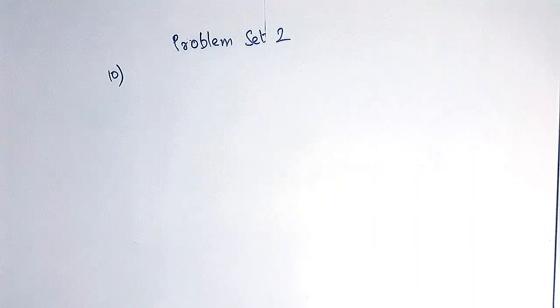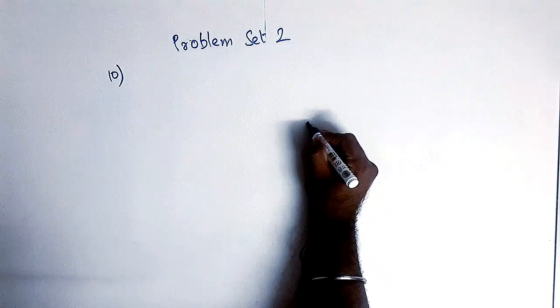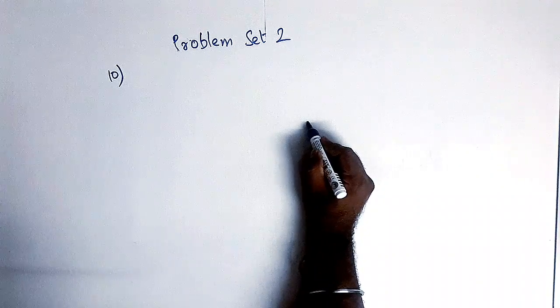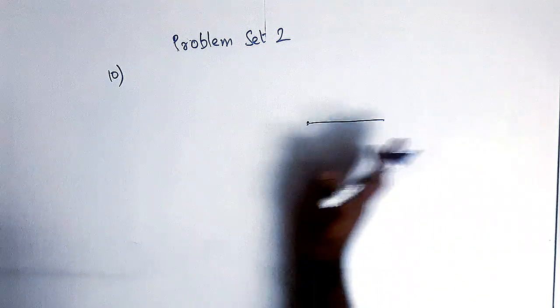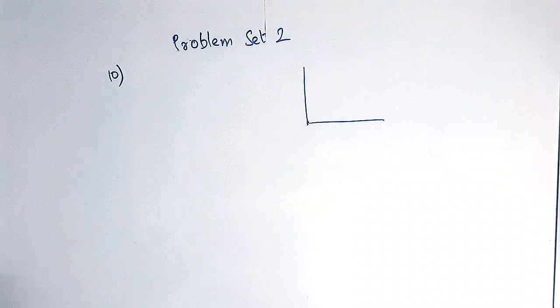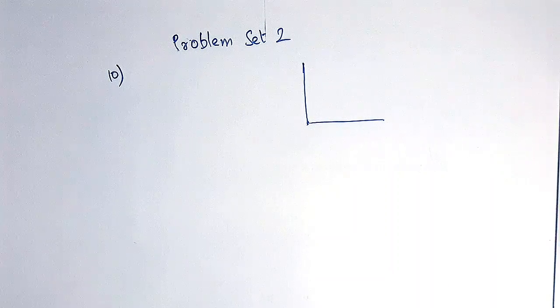So coming to the 10th one, it's a word problem where Pranali and Prasad started walking to the east and to the north respectively. So suppose this is the point where Pranali and Prasad both are standing. Pranali went to the east, east is this direction, towards right. And Prasad went to the north, respectively, from the same point at the same speed. So their speed is also the same. After 2 hours, so time taken is 2 hours, the distance between them was 15 root 2.